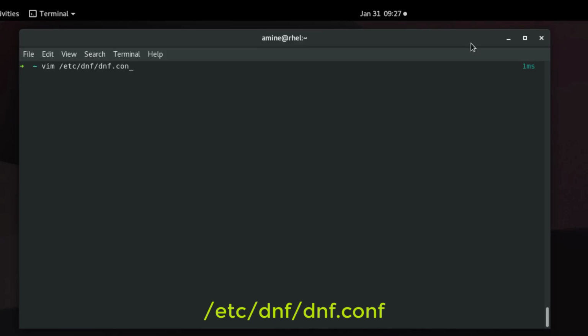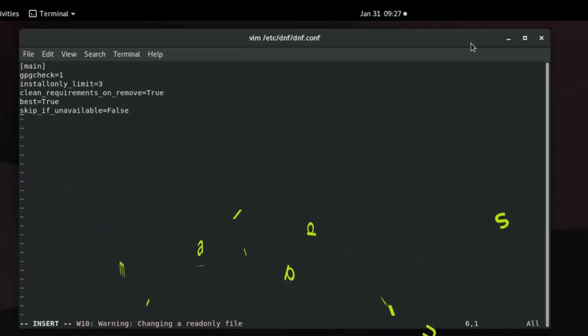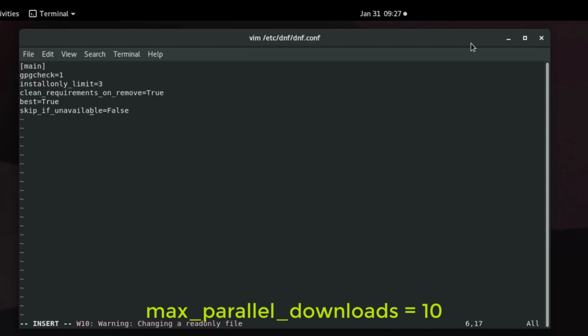Here I'm using Vim in order to see the content of this file, okay? So here we go. You can see it's a simple plain text file. In order to speed up slow package downloads and updates, we can add a variable here. So I will go to insert mode and I will add my variable here, which is called max